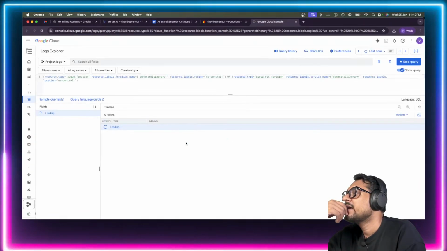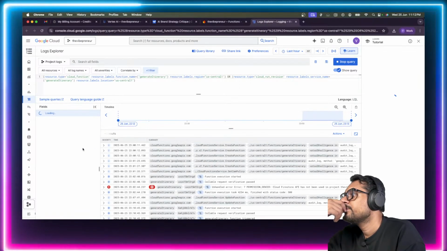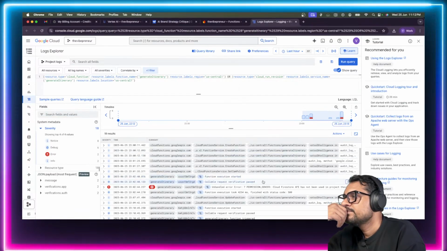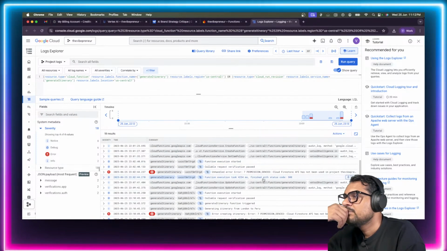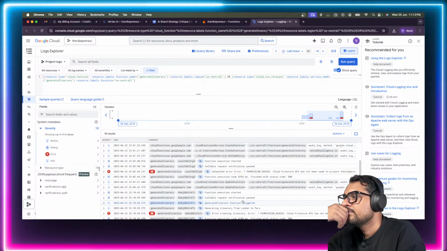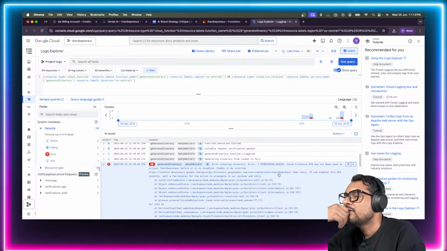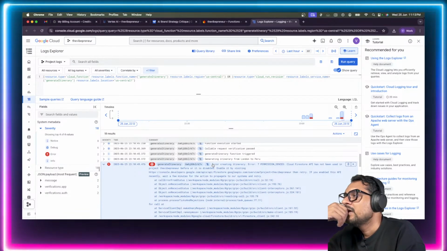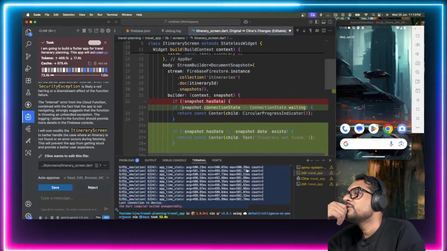To see if we can catch something here. Permission denied. Okay, great. So there you have it. We have a problem within our cloud function which is related to permission. Error creating itinerary. So okay, the issue is